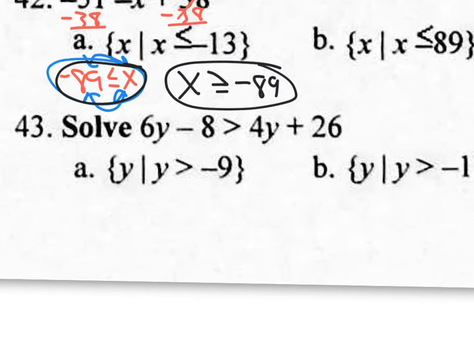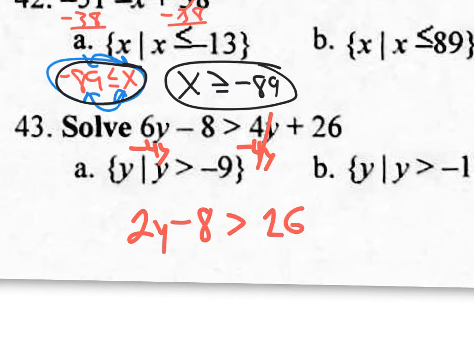We're going to get y by itself on one side. I want to subtract 4y. You're going to get 2y minus 8 is greater than 26. And then I want to get rid of the minus 8 by adding 8. Adding 8, I want to get 2y is greater than